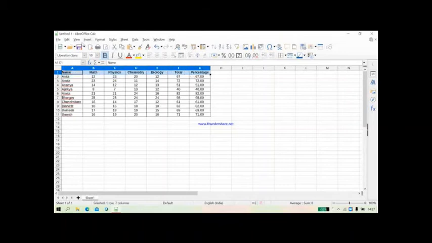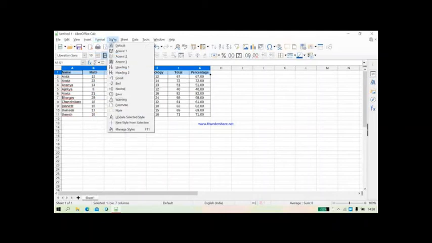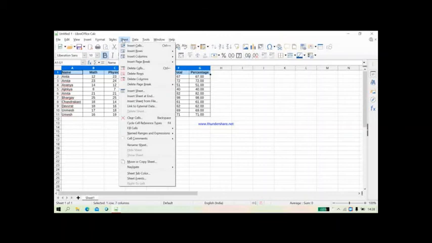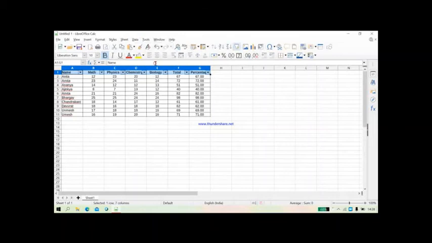Click on this and then here there is an option which is called as a filter. Okay, so there is an option which is called as auto filter.